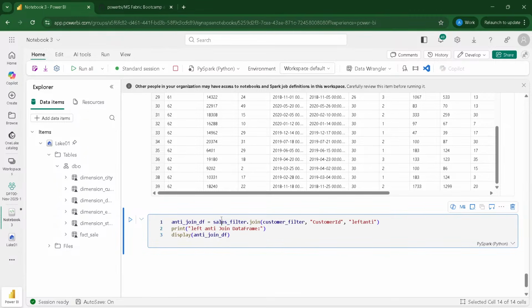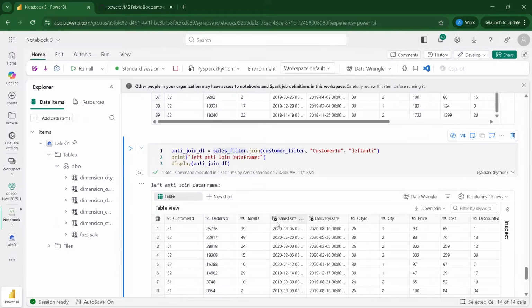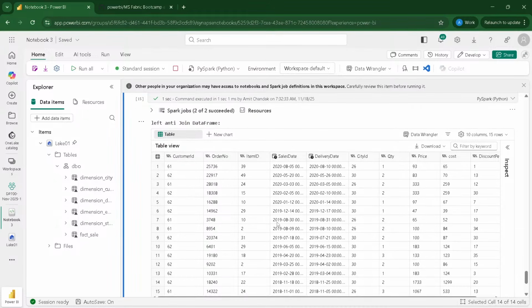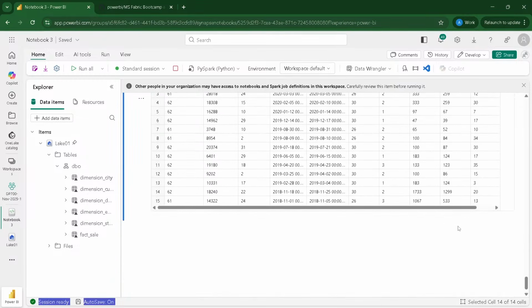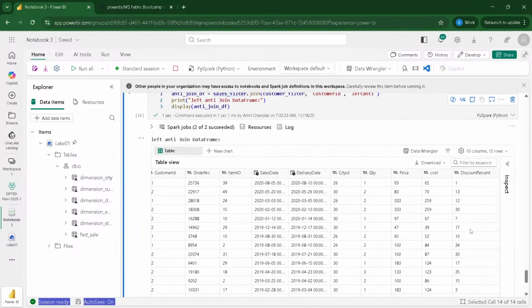So when I say anti-join, and this is left anti, something which is present in the left table, not in the right table. So something which is in sales, not in customer. What does it mean for us? It means, what are my missing customers? What are the customer records I'm missing in my customer table for which I have done the sales? I would like to analyze how come I have data I missed out. How customer itself is not created and we have sold the items.